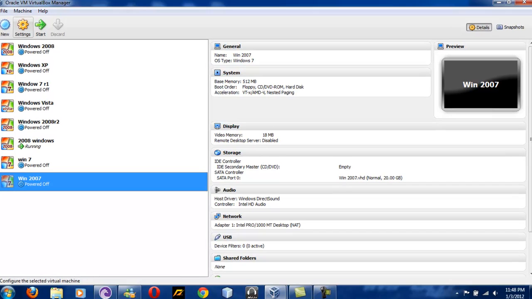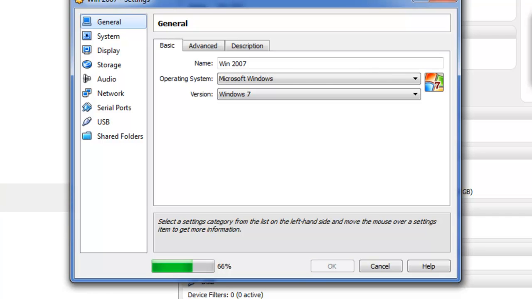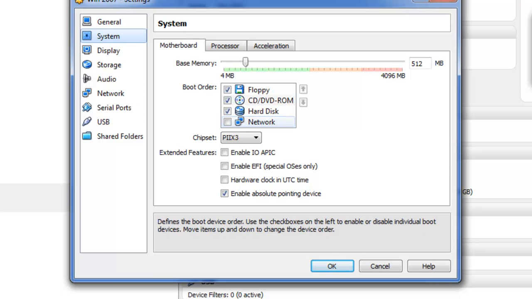Okay, so I'm going to go on settings on my Windows 2000 virtual system I just created here. I'm going to go on system, click network, and move this up. Now, when you're doing this on a real system, you go into the BIOS by pressing F2, F12, or delete. Then you look for network or LAN, meaning you're using an IP address from the server to get your boot images and your install images. And you move this up in the boot order so it can be booted first,